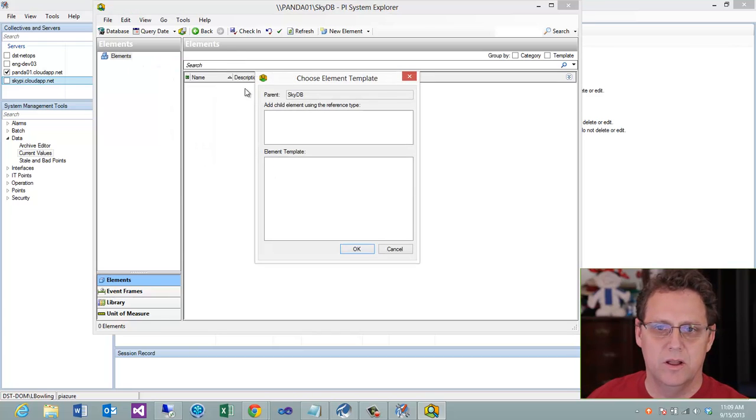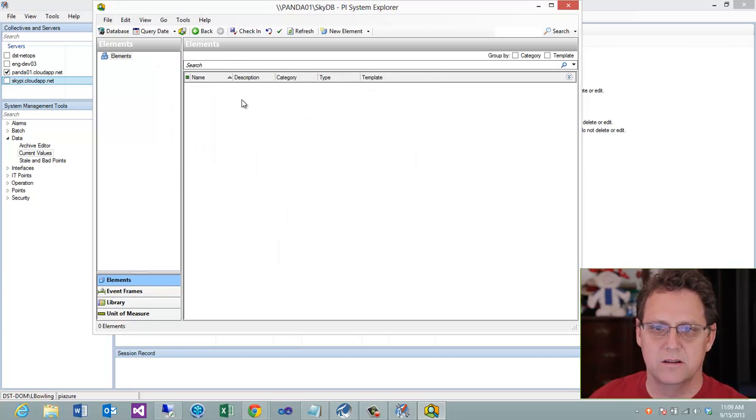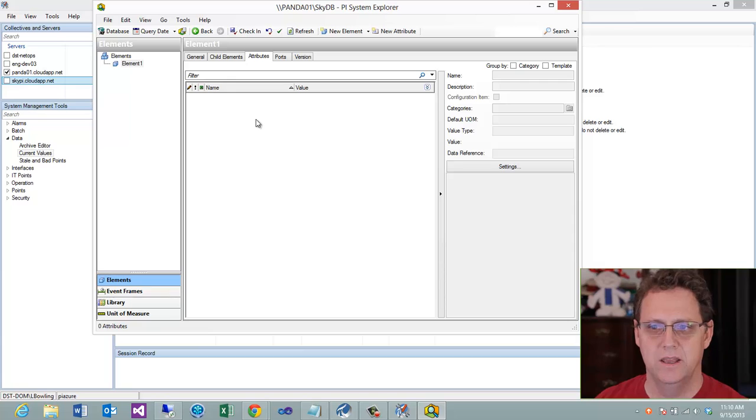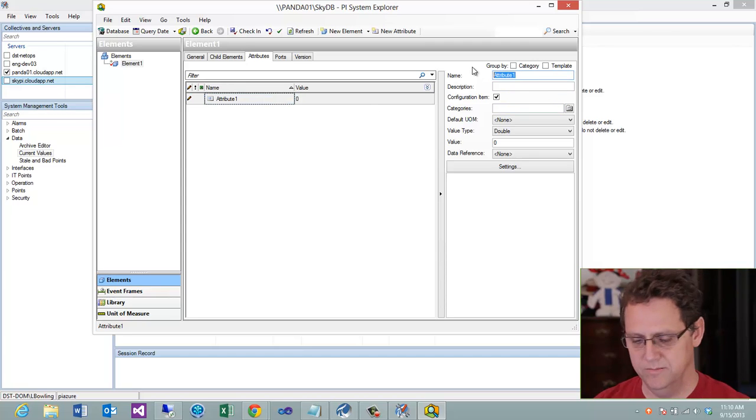Let's go ahead and create a new element, and let's just call it element 1. Let's go ahead and check that in. And now the last step that I want to do is make sure we can get a Pi point working here, making sure that my security is working the way that I'd like it to. So I'll create an attribute. Let's call this system pressure,